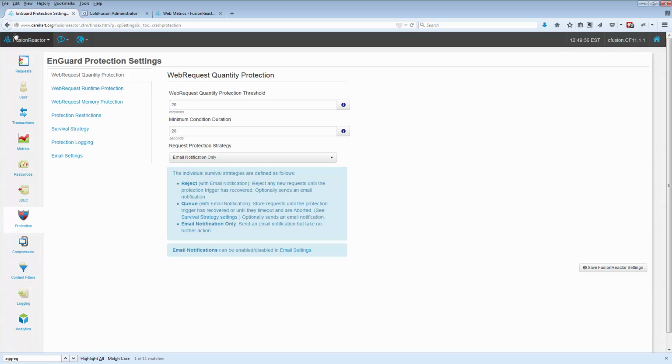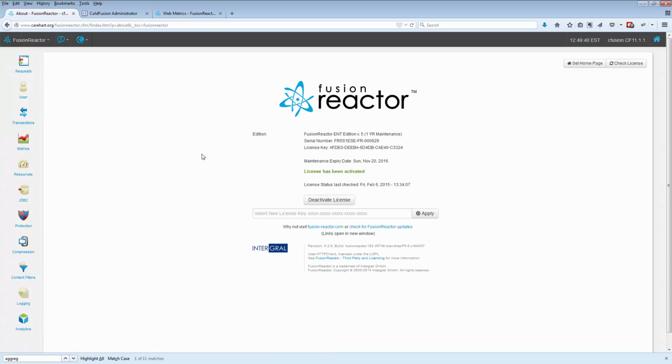Now I also want to point out that I'm looking at FusionReactor 5.2.5, your version. Things may look just a little bit different here on the FusionReactor About page. I can see that mine is running 5.2.5. You can click this button to see if there's an update available for you. Anyway, in the protection settings page,